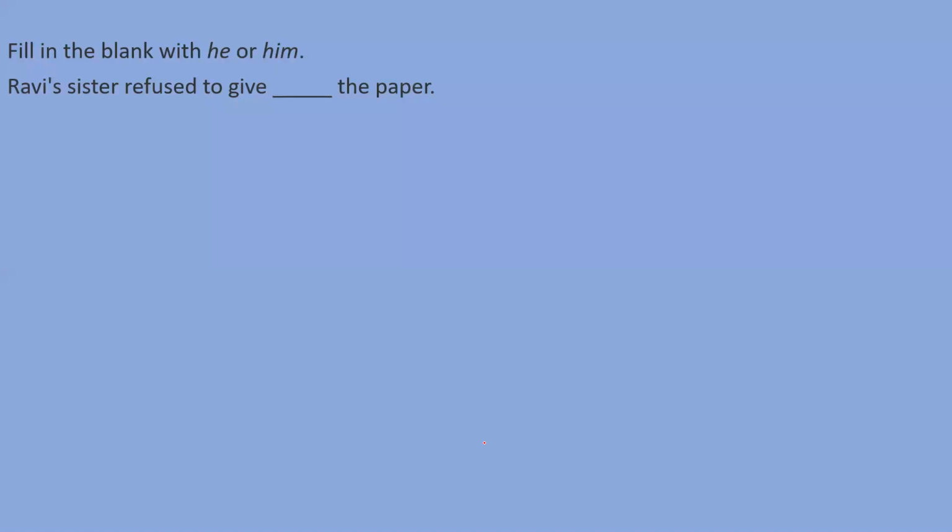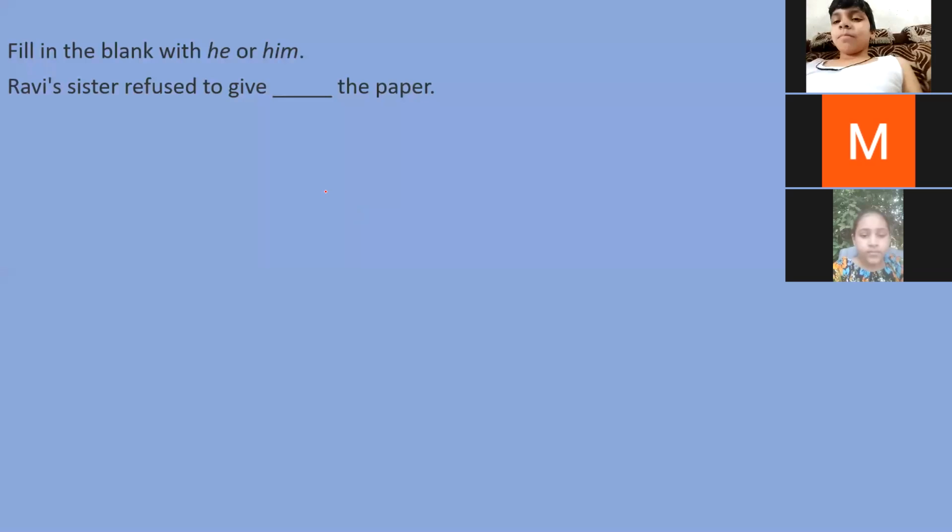Shivakshi, please tell me. Yes, sir. Which pronoun will come here, he or him? He is subjective case, him is objective case. Yes, him will come because there is a need of an objective case pronoun. That's why him will come here. Very good, right answer you have given.